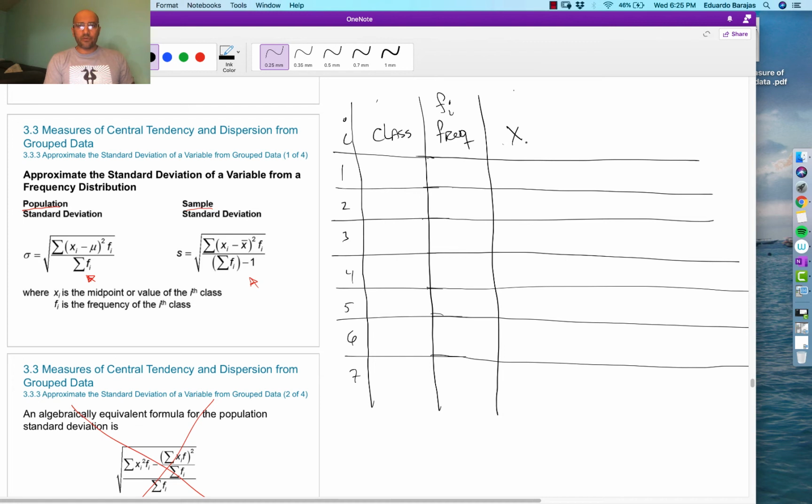These were midpoints, so we used x sub i values. So I'll put up here x sub i's. And these were midpoints. Okay, so the classes ran from 1 to 5, then 6 to 10, then 11 to 15, then 16 through 20, then 21 through 25, then 26 through 30, and then 31 through 35. And the frequency values were,